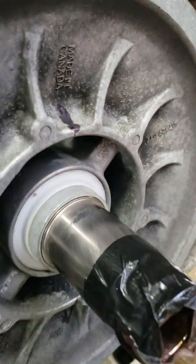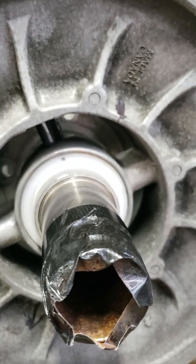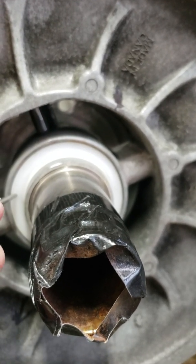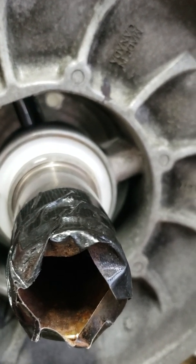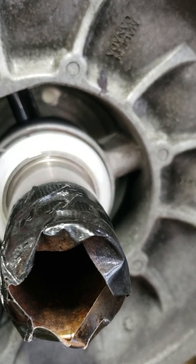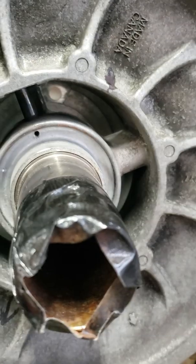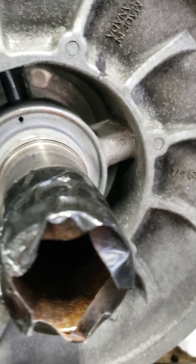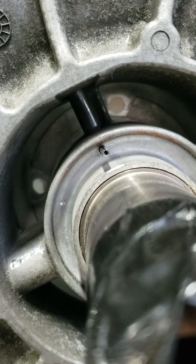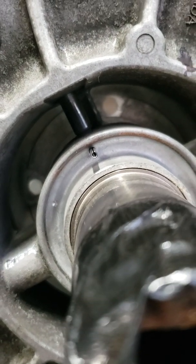Basically, once you get it pulled apart and you have your helix out, I drilled a small hole right here in the bushing where your spring goes for your helix, just so I could pull this out here. It's tough working with one hand. Once you take this out, you're going to have access to where the pins go. You can see the hole right here. This is where the pin goes in, and to remove it,